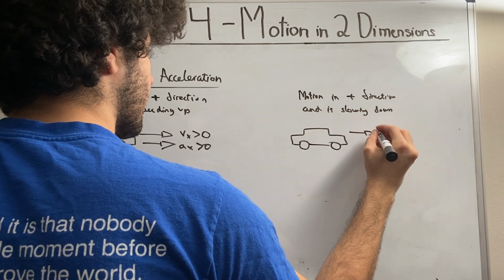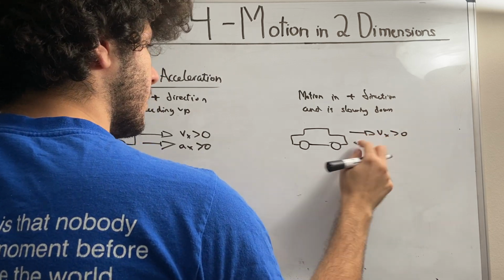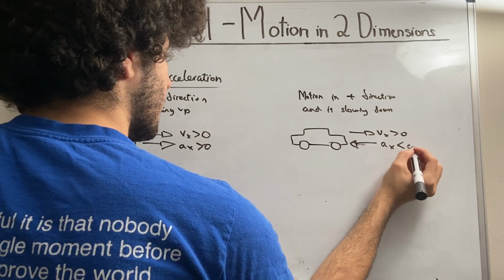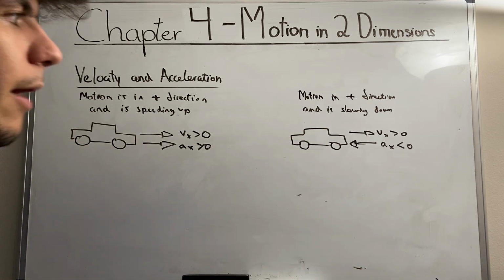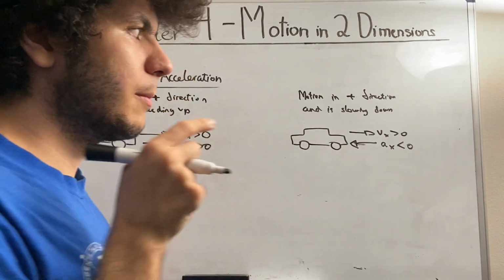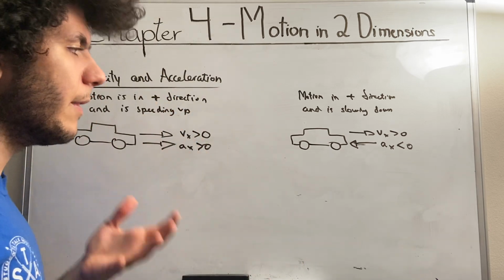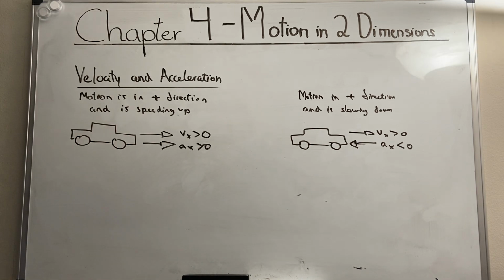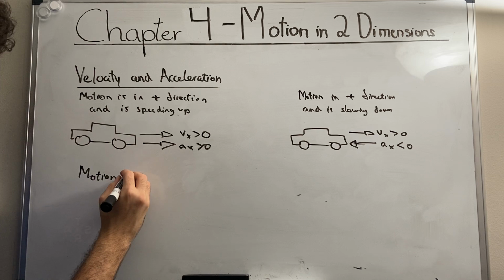So we have v of x and a of x. In this situation, the velocity is going to be positive. However, the acceleration is going to be negative. It's going to be fighting against the already positive direction of the motion, and as a result, it will slow down the car. And so we're going to see a very similar situation